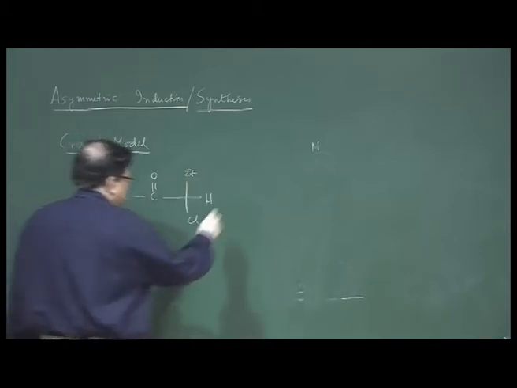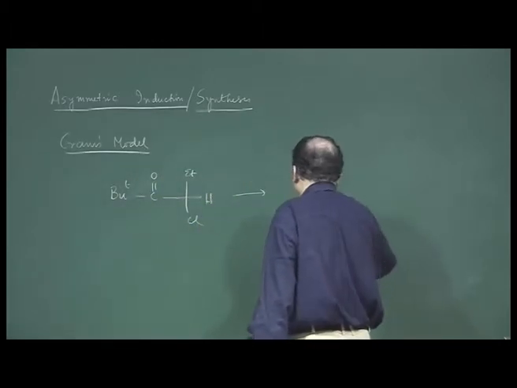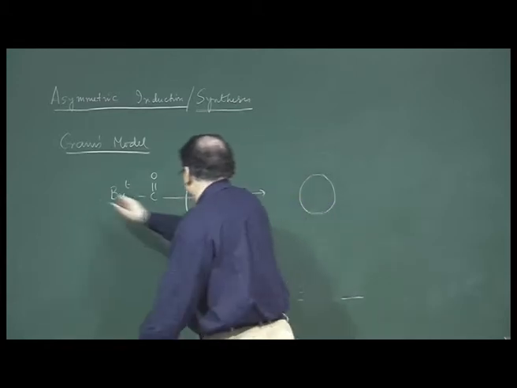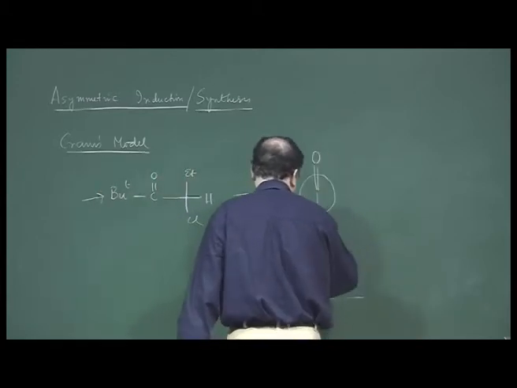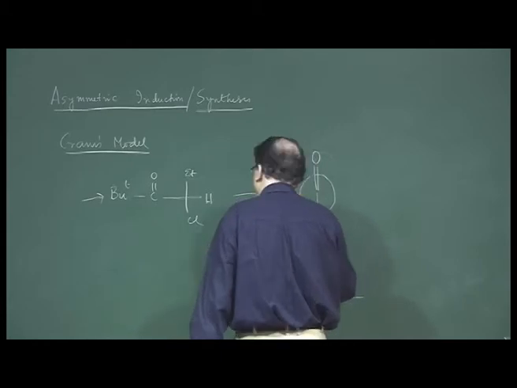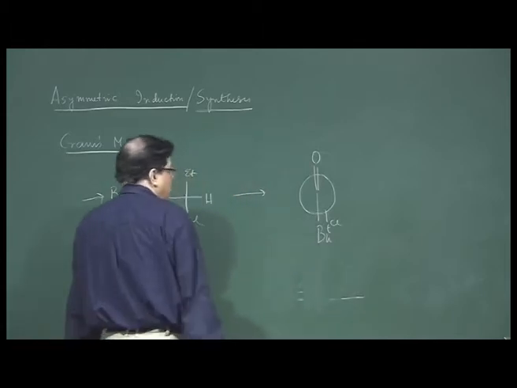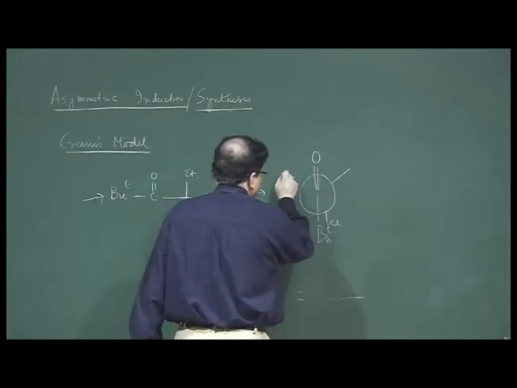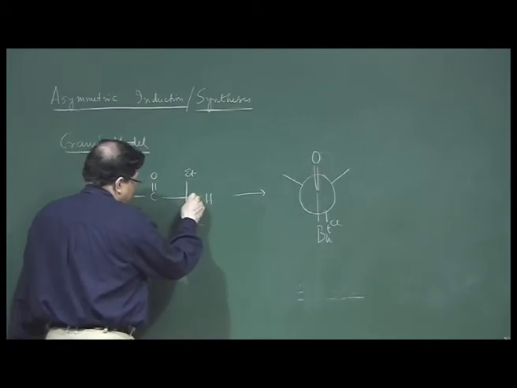Okay. So, the way to do it, I will not do many problems, I will just do it. The way to do it is that you have to see from that side. So, the carbonyl goes there, butyl goes there, and now the chlorine is on the bottom. You have to put the chlorine at the bottom, because that is the polar group, you have to use the polar model. So, other two groups will be here,